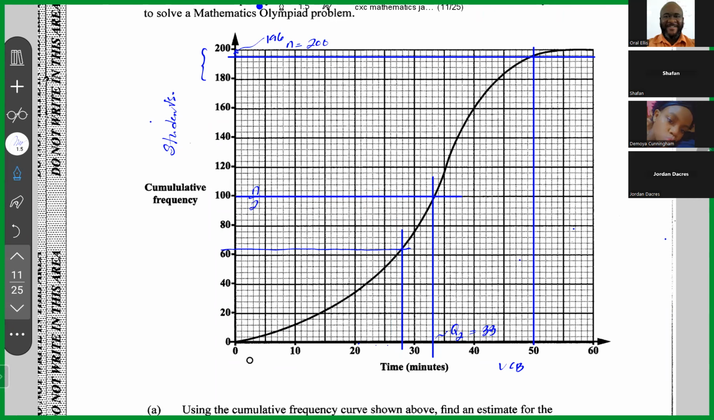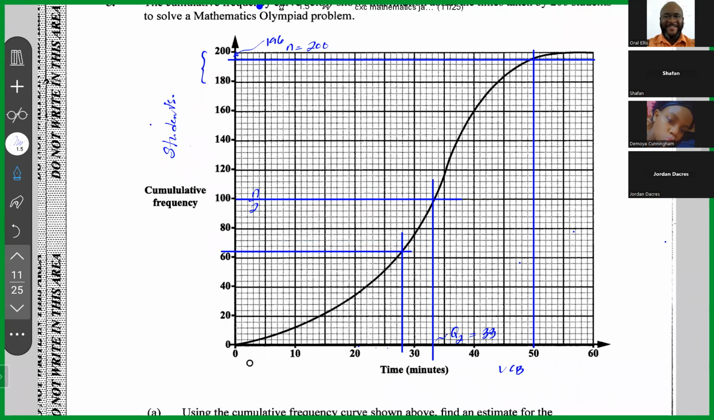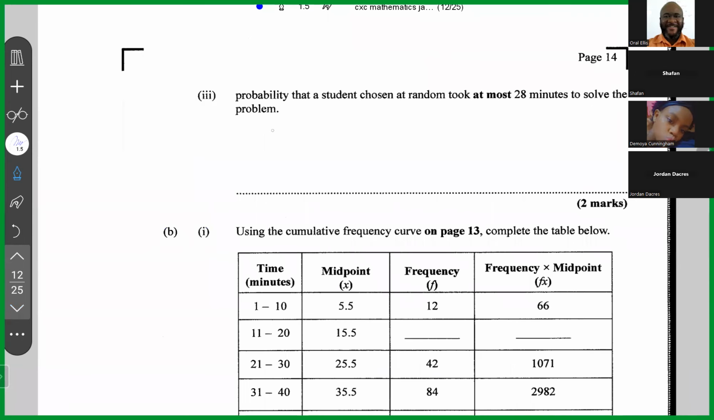Remember, on the vertical axis, each of the minor divisions represents 4 students. So this is saying that the 64th student took 28 minutes. Everybody above him took more than 28 minutes. So the number of students with time greater than or equal to